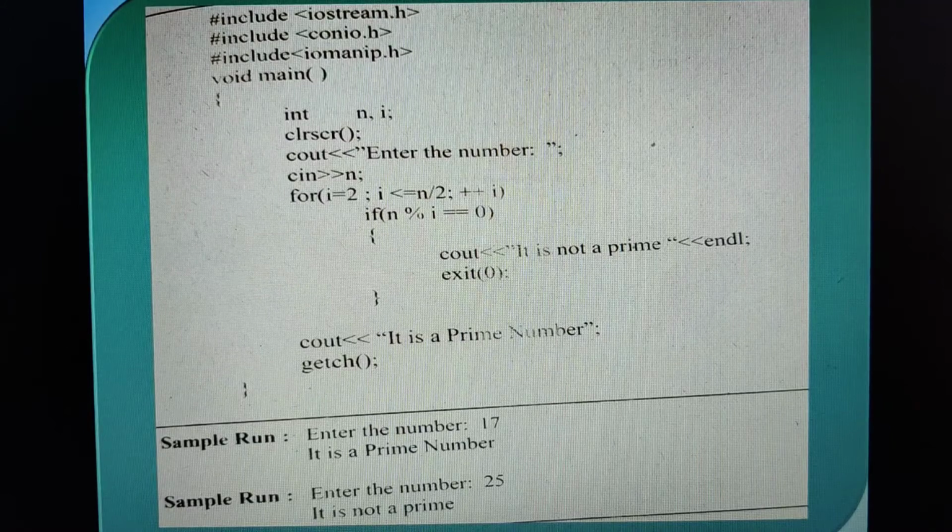For example, 8. I can say 8 is not a prime number because it has integer divisors like 2 and 4, as well as 8 and 1. And for example, 5 is a prime number because 5 is divisible by itself and by 1, and it is not divisible by any other numbers. Therefore I can say 5 is a prime number. Similarly, 20 is not a prime number because 4 fives are 20. It has a divisor.